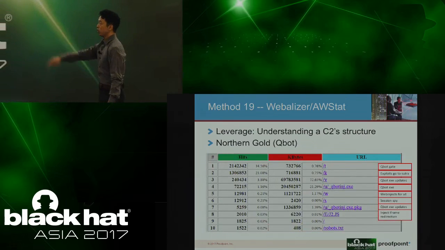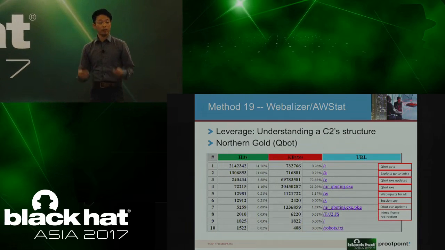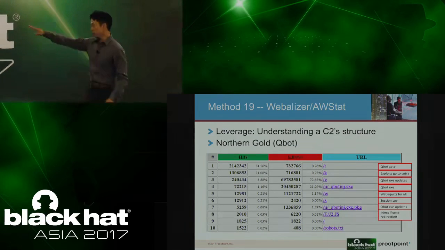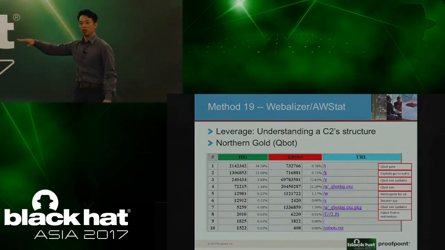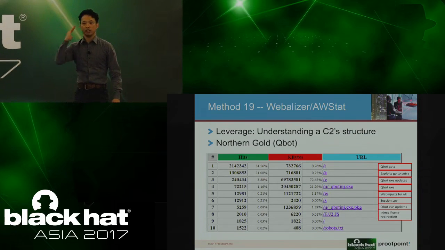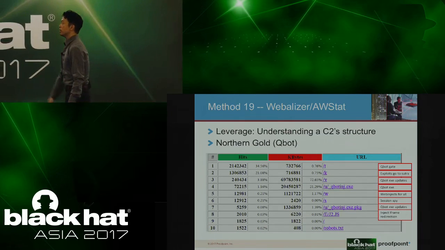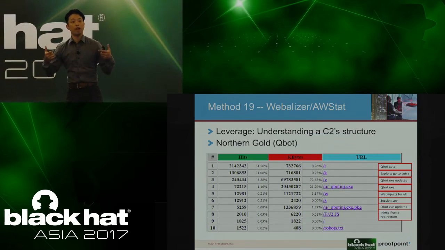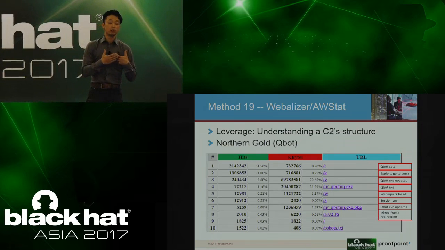Because from these web logs, access logs, you would be able to see immediately that this particular URL is the most frequently accessed, so it's probably their command and control heartbeat from their botnet to this command and control panel. And it'll tell you a lot of things, and sometimes they host malware to be downloaded directly on this